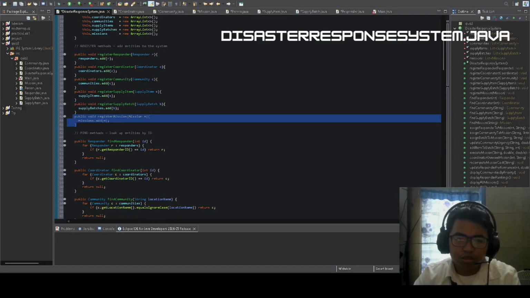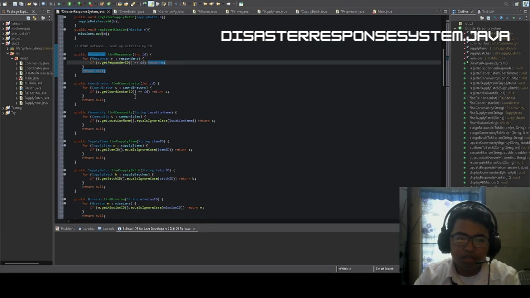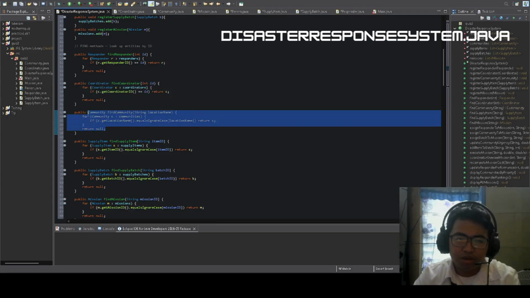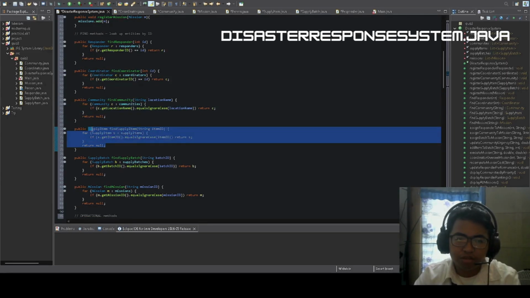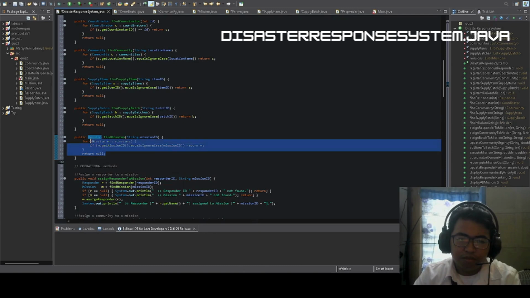And next, the entities can be looked up by unique identifiers: responders and coordinators by ID, community by location name, then supply items and batches by their IDs, and missions by mission ID, using the find methods: find coordinator, find community, find supply item, find supply batch, and find mission.